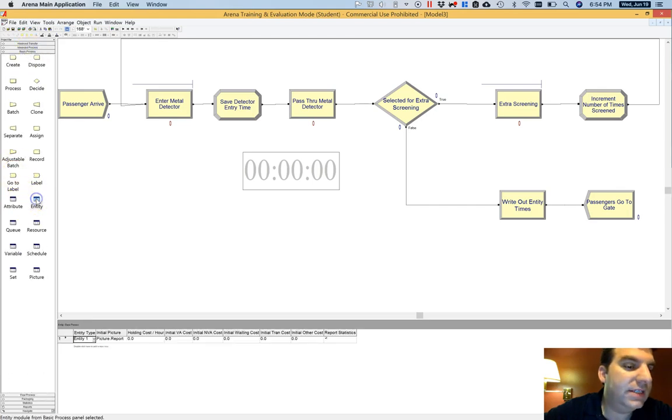And under entity, I'm going to change the picture to picture.person. For now, I'm going to leave the entity type just as entity1, but I could have renamed that like person or something. And then while I'm thinking about it, I'm also going to go to the queues here, and I see I have 2 queues,